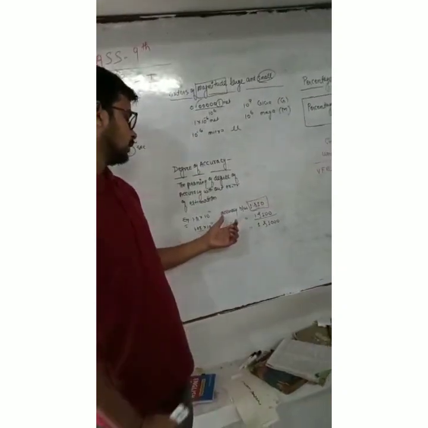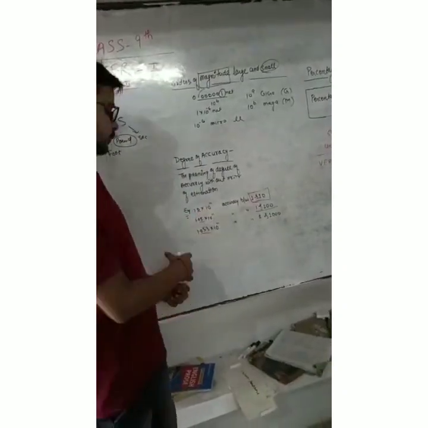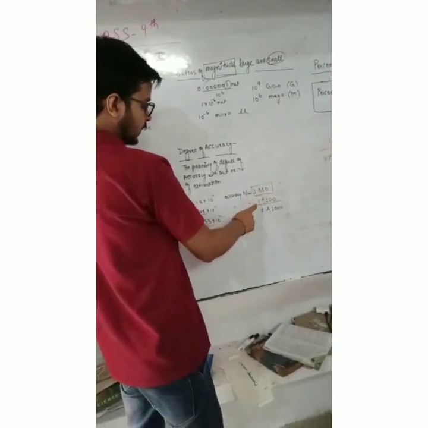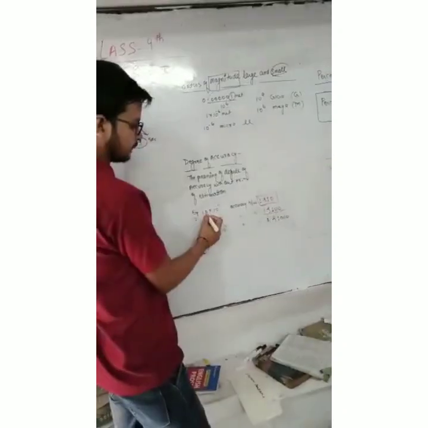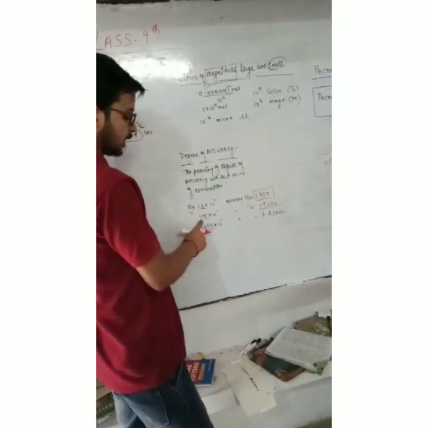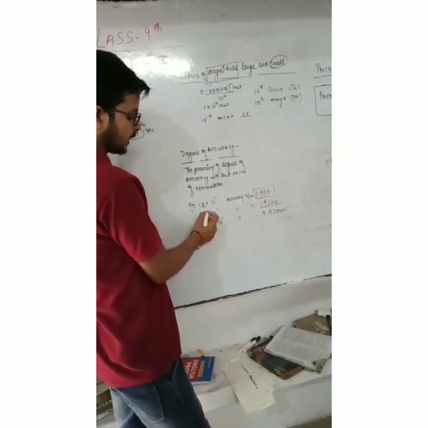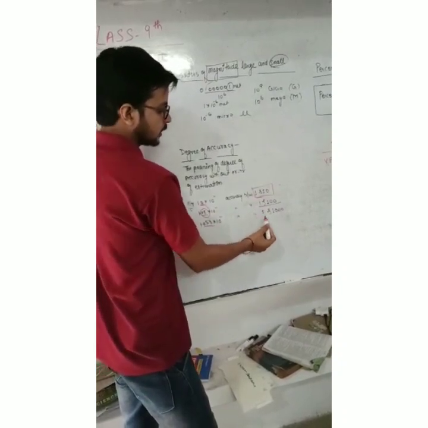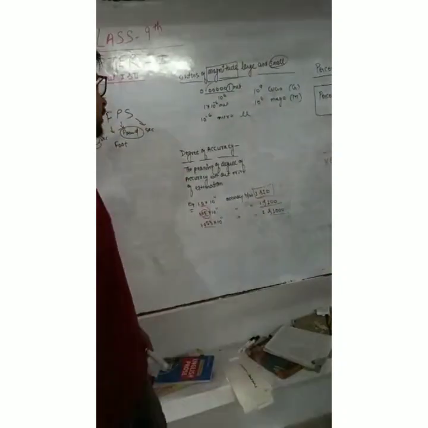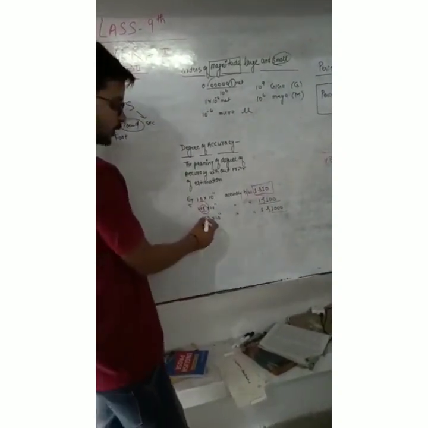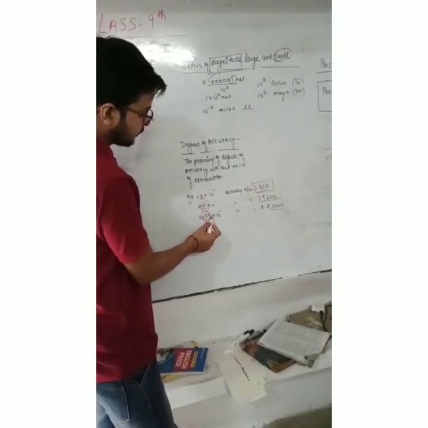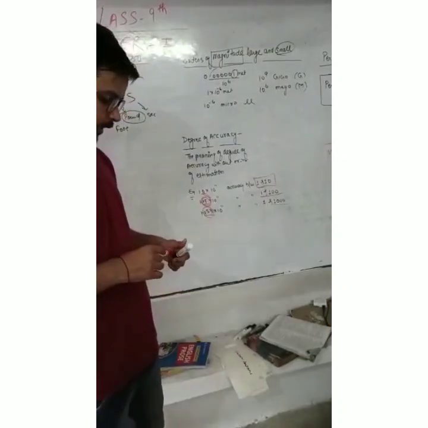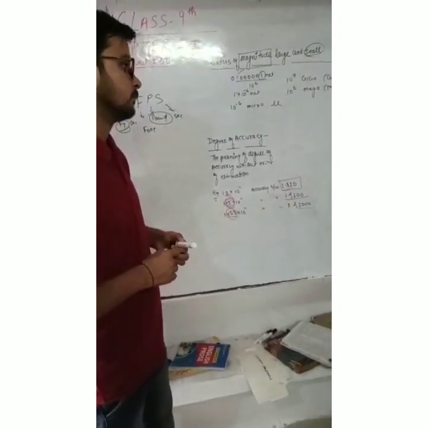Students, now accuracy. Suppose we write 1.0 into 10 to the power 11, then the accuracy is between 1 and 10. This shows the significant numbers. And 1.05 into 10 to the power 11, this accuracy is 1 in 100. And 1.053 into 10 to the power 11, the accuracy is 1 in 1000. This is what our degree of accuracy represents. The importance of significant numbers is maximum accuracy of measurement, or less error in measuring any physical quantity.